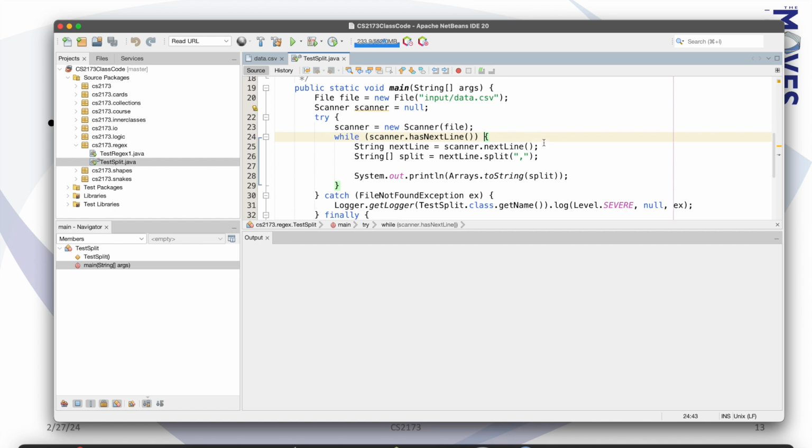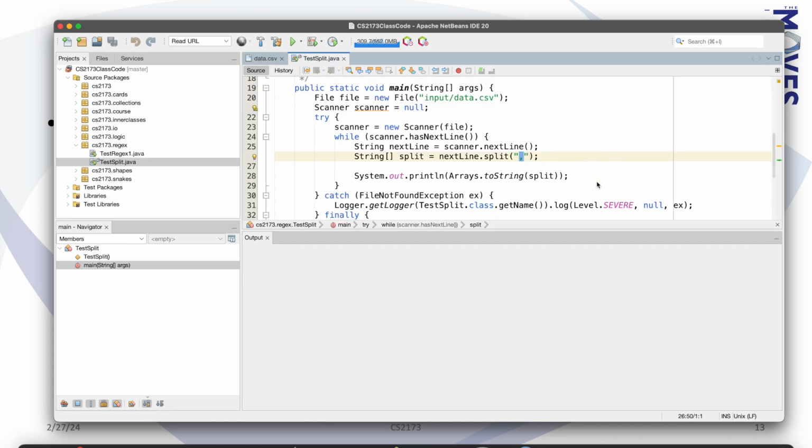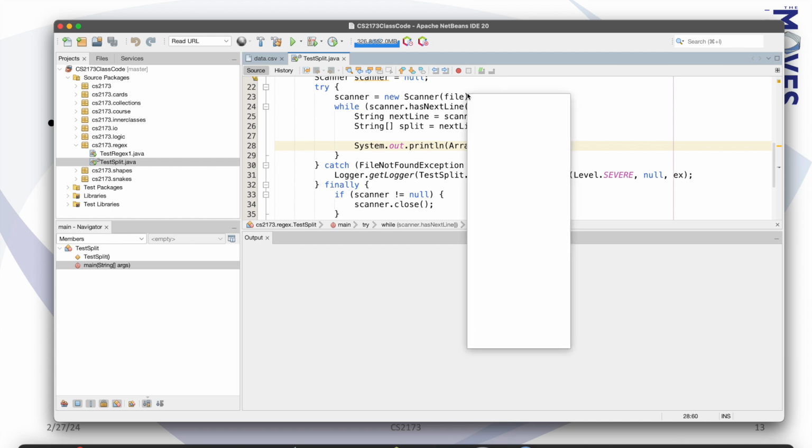So while we have a next line, I will get the next line, and now I'm going to split it based on the comma, since I see it's a comma separated file. I'll split it based on the comma, and then I'll print it out. Just print out the array just to show what it does. And so when I run that,